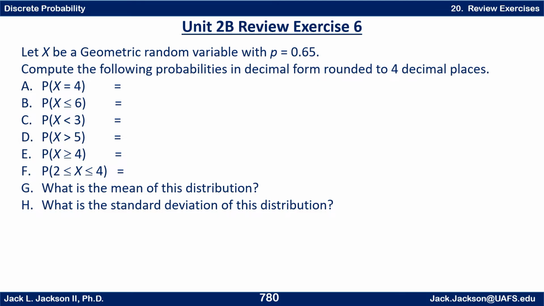So the first one we have on this video is exercise 6. Let x be a geometric random variable with p equals 0.65. Compute the following probabilities in decimal form rounded to 4 decimal places. Probability that x equals 4, probability that x is less than or equal to 6, probability that x is less than 3, probability that x is greater than 5,